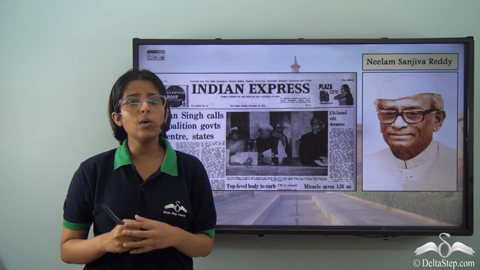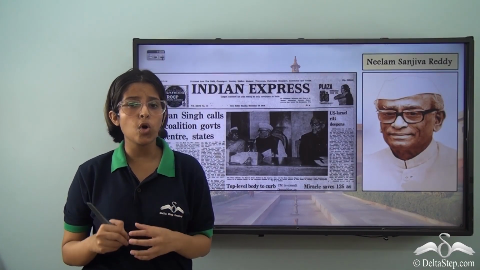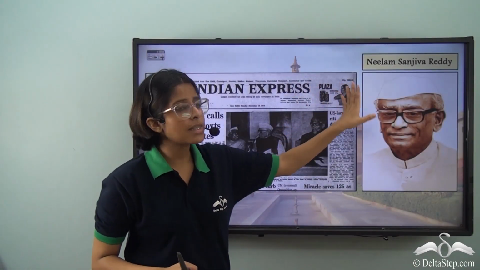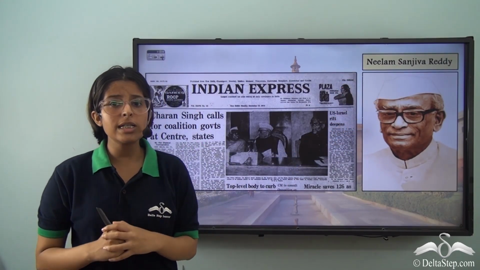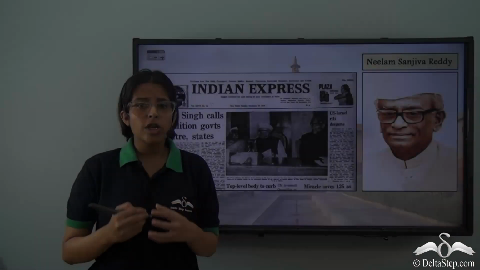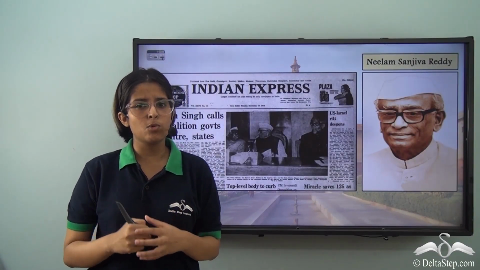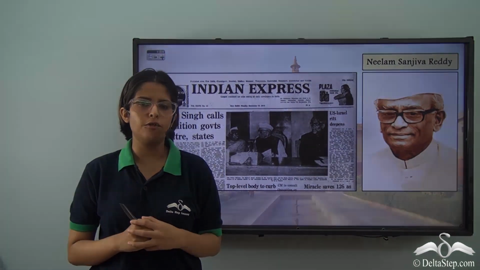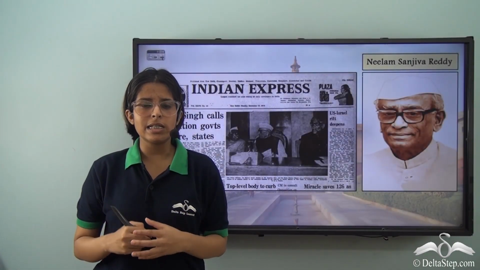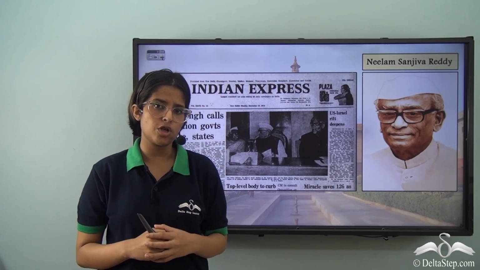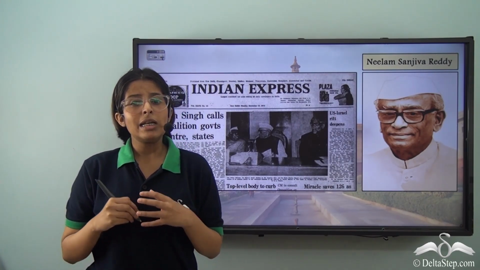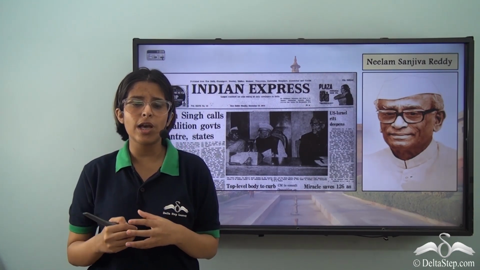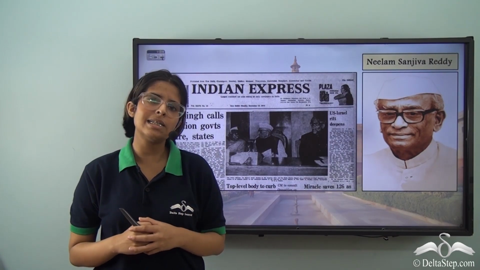When Morarji Desai was the Prime Minister of India, he lost the confidence of the majority of the Lok Sabha. So the then President Neelam Sanjiva Reddy appointed Charan Singh as the new Prime Minister. Charan Singh was from the same party as Morarji Desai, but the new government that was formed was a coalition government. So as we can see, in certain times the President can use his discretion in appointing the Prime Minister. He has to see who has the capability of holding together the parties and forming a stable government.